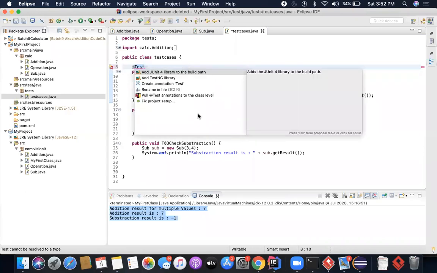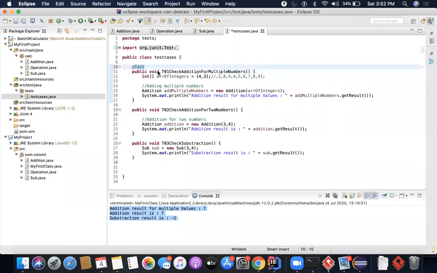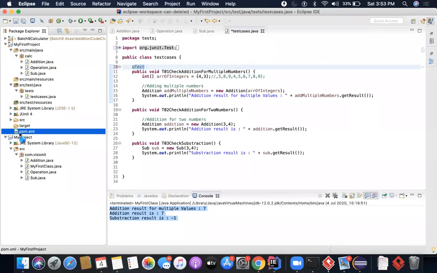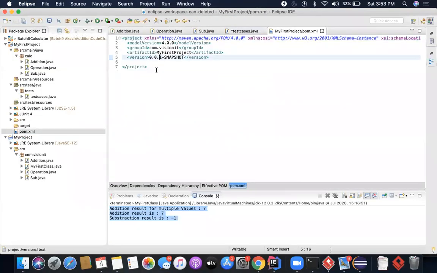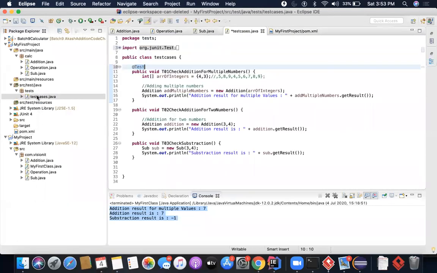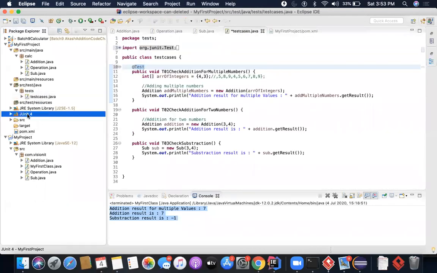When you do that, it will ask you to add a library. So either you can use TestNG or you can use JUnit. Now, to add this JUnit library, there are again two ways. In Maven, you have to add a dependency, but we really are not looking into dependencies today. So I'm just going to say, okay, add the JUnit 4 library. I'm saying this very cautiously. I'm really telling you, you will not be using this mechanism. You will be using a dependency to add JUnit, but for the sake of simplicity, you can do it this way as well.